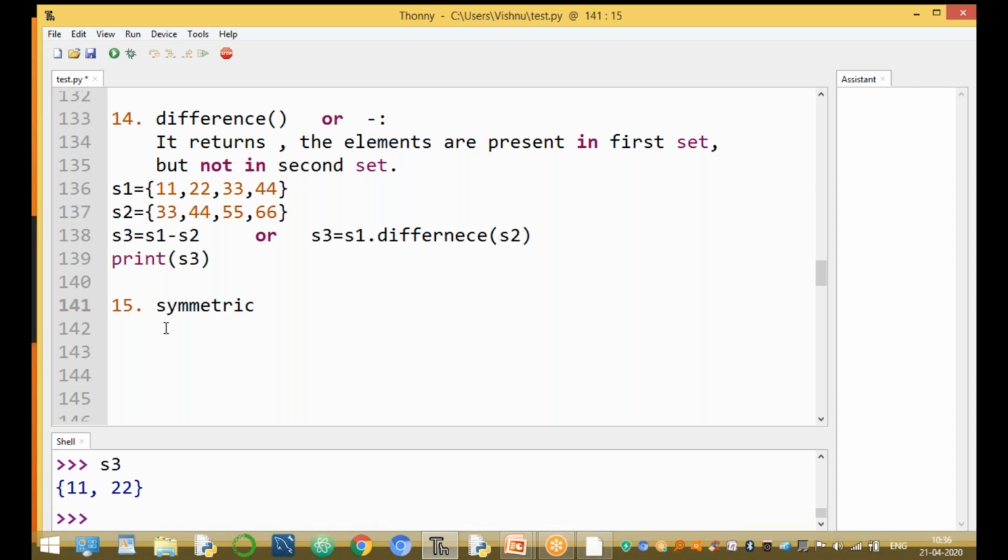And the last function is symmetric difference, the symmetric_difference function, or using the caret symbol. Both are the same.